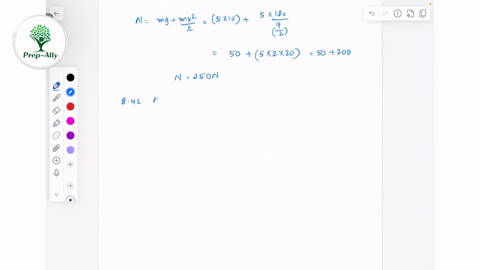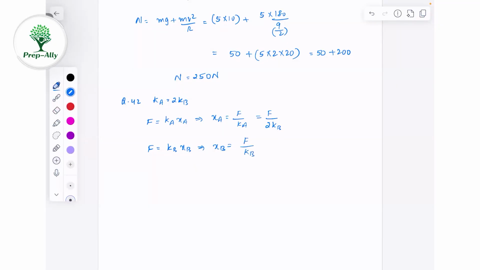Spring constant of A is twice the spring constant of B. Now we're applying the same amount of force, and we know that force is spring constant into elongation in the spring. So for A, the elongation is going to be F by Ka, which is F by twice Kb. Similarly, for spring B, it's going to be Kb into Xb. So elongation in spring B is going to be F by